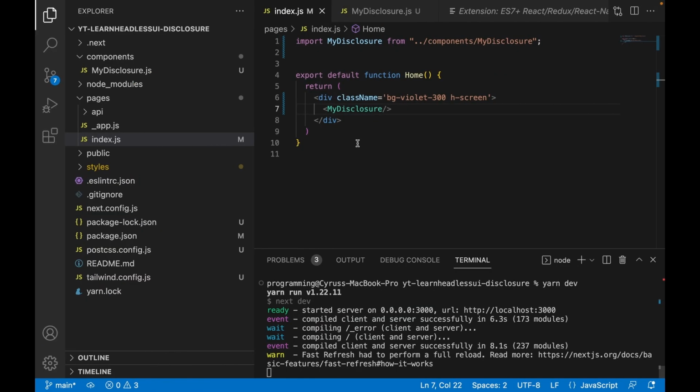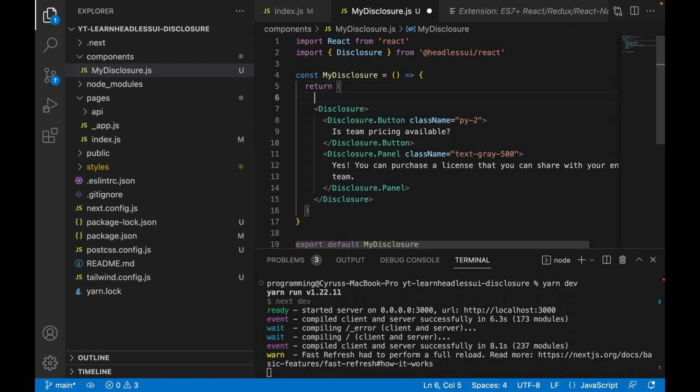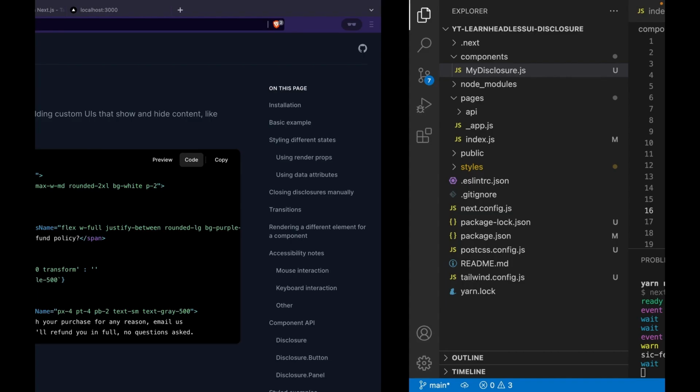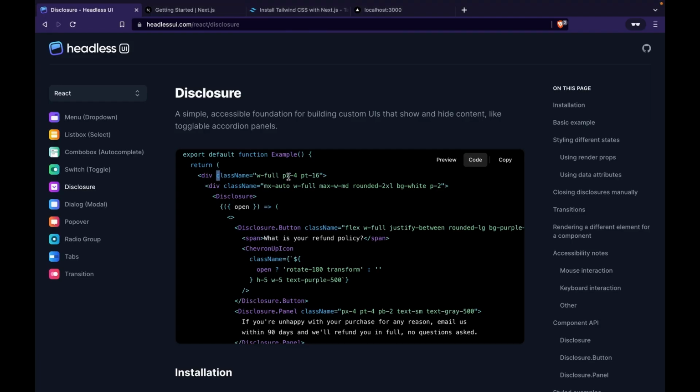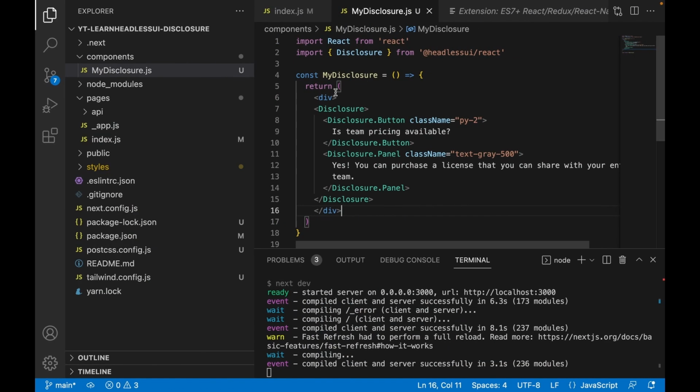So we go to the disclosure, and then we add a div. So if we copy this class name, and then we paste it to here,